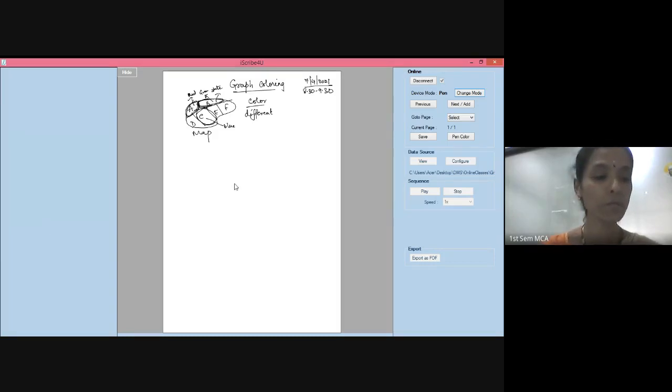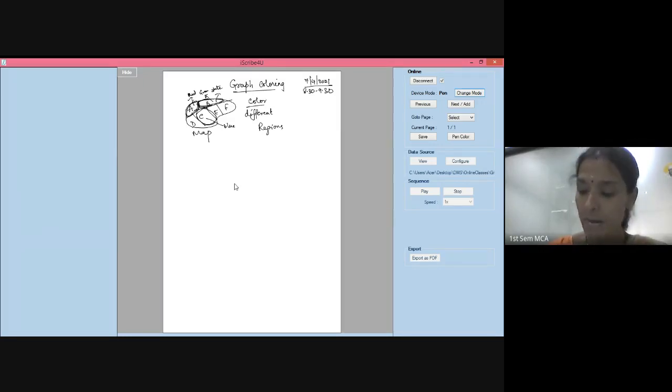So one way to ensure that two adjacent regions should never have the same color is to use a different color for each region. If I use a different color for each region, then obviously I'll be able to differentiate every region properly in the map.